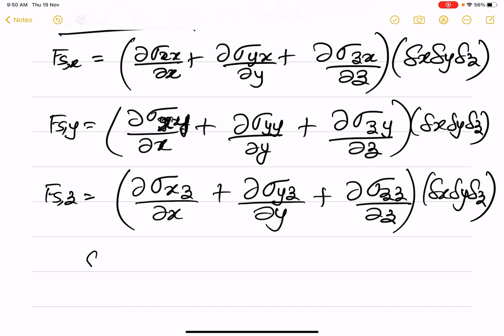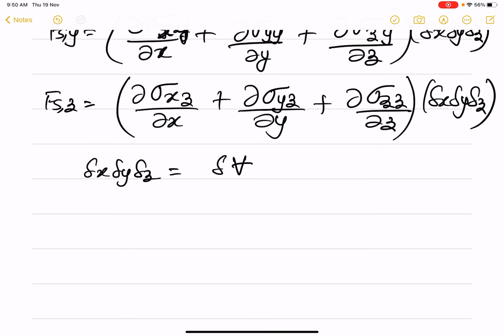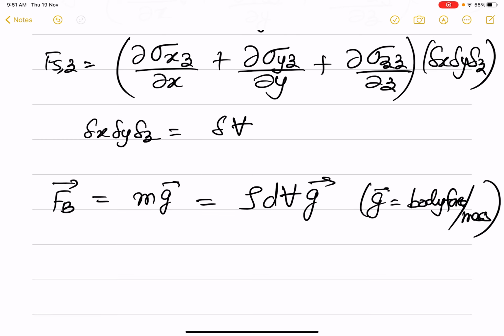Now, of course, delta x, delta y, delta z, I can write it as delta v, the volume. Now, the body forces on this control volume of delta v will be equal to mass times g. So this will be equal to rho dv times g, where g is the body force per unit mass. Okay. And so then if we apply Newton's law,